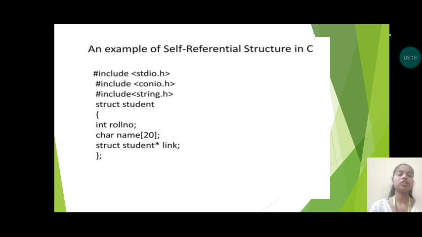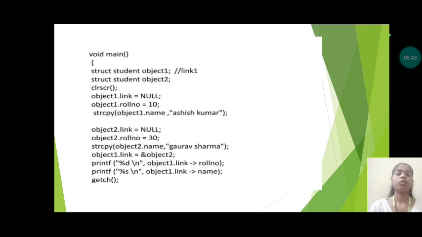An example of self-referential structure in C: #include <stdio.h>, #include <conio.h>, #include <string.h>. struct student { int roll number; char name[20]; struct student *link; }; void main() { struct student object1; struct student object2; clrscr(); object1.link = NULL; object1.roll number = 10; strcpy(object1.name, "Ashish Kumar"); object2.link = NULL;